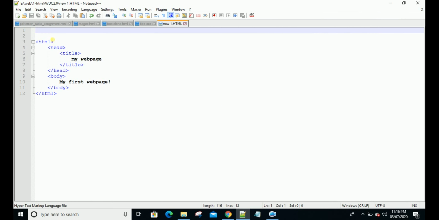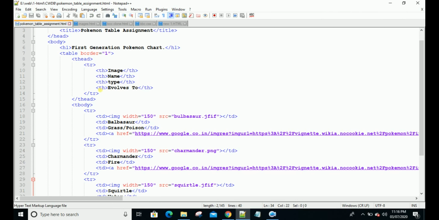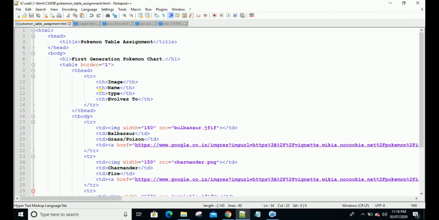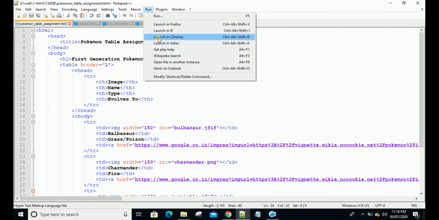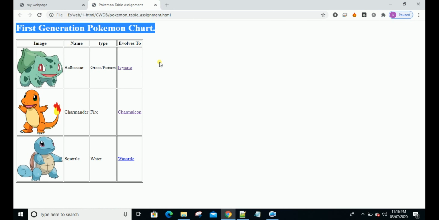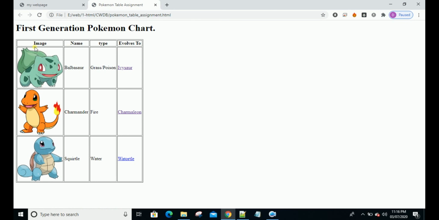Now let me show you what can be achieved using the HTML language. I have written a code to be more specific. So this is the code that I have written, which will show you basically what we can do using HTML language. So let me launch this page. What I have done is I have created a tabular format for some of the Pokemons that I love. So this is the image. I have not assigned any link to the image, so we will not be able to redirect anywhere, but I have assigned a link to this